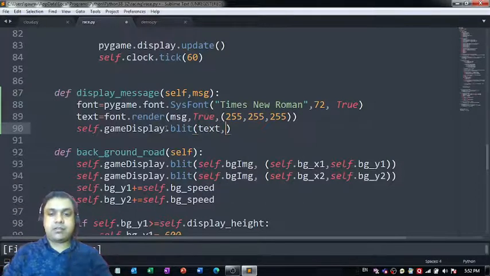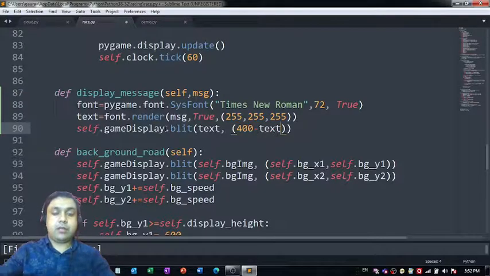So we can pass this text as a parameter. Besides that, where would we like to see the text getting reflected on a window? So we can set the dimensions. We can set the points, sorry. So get